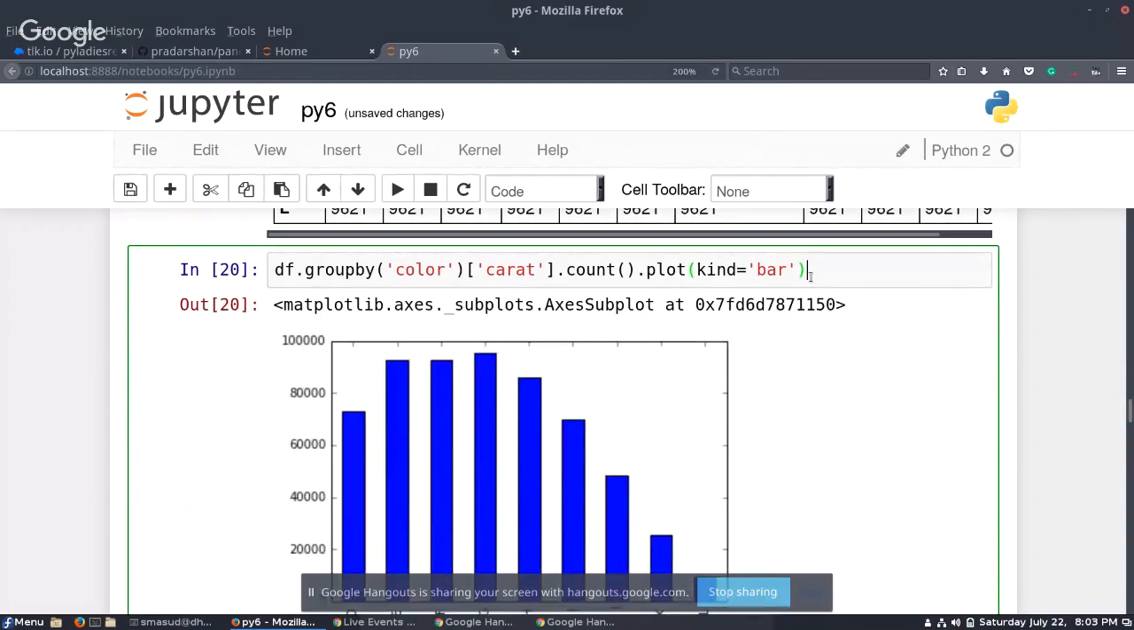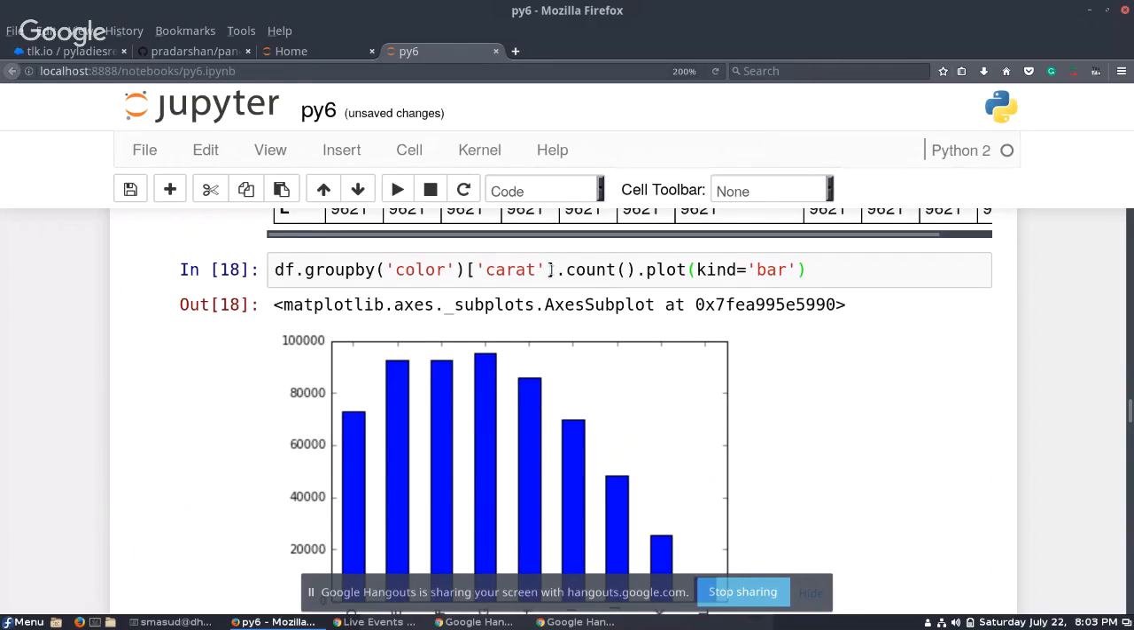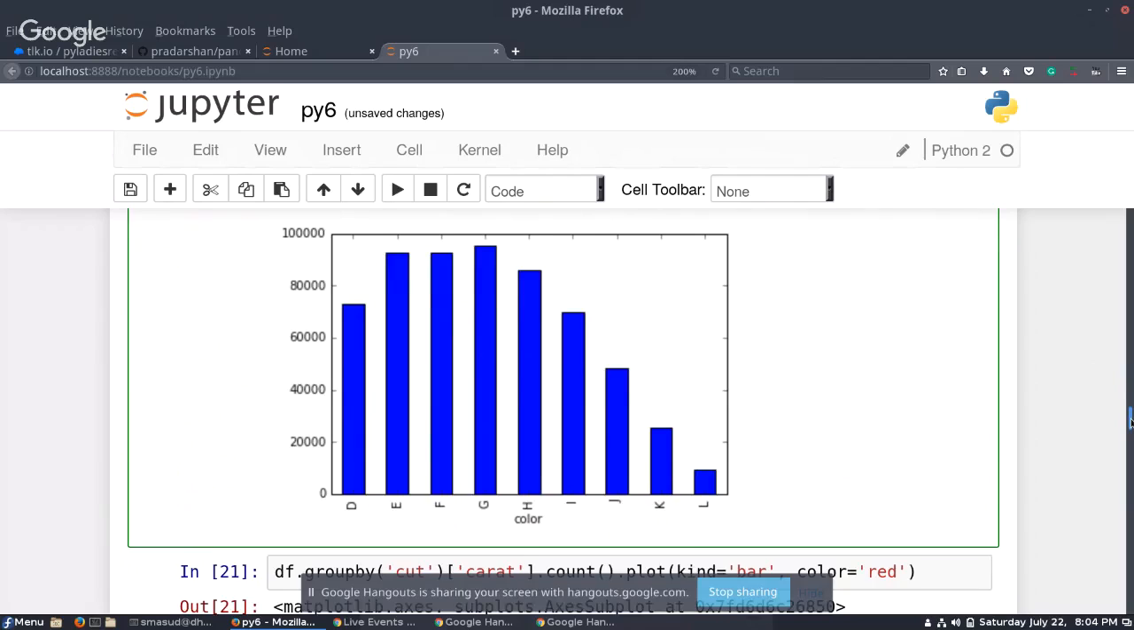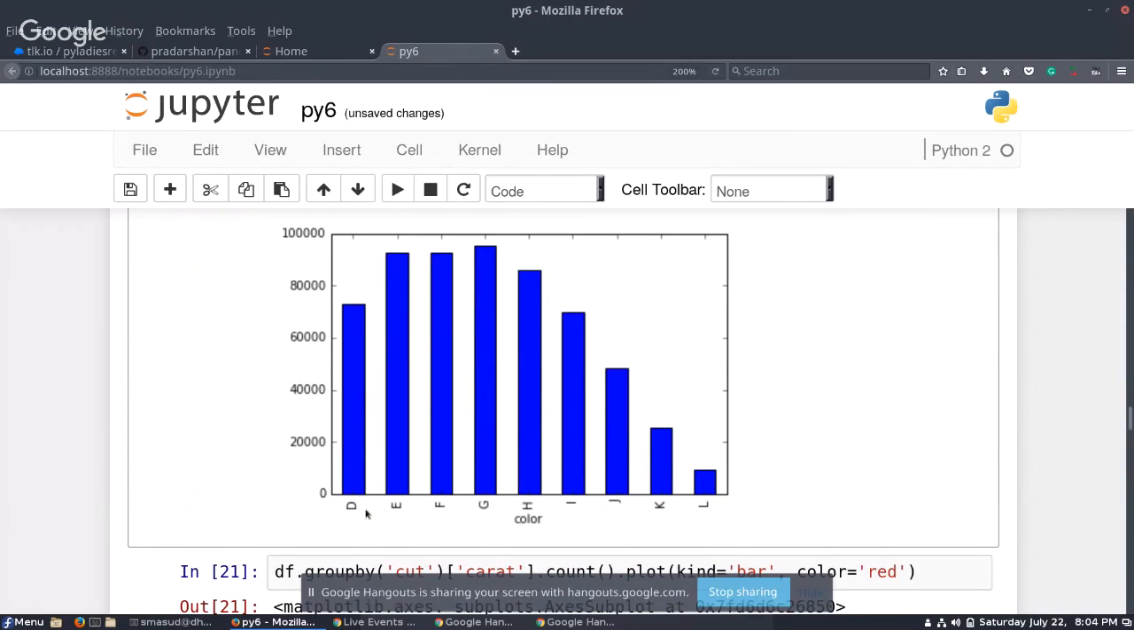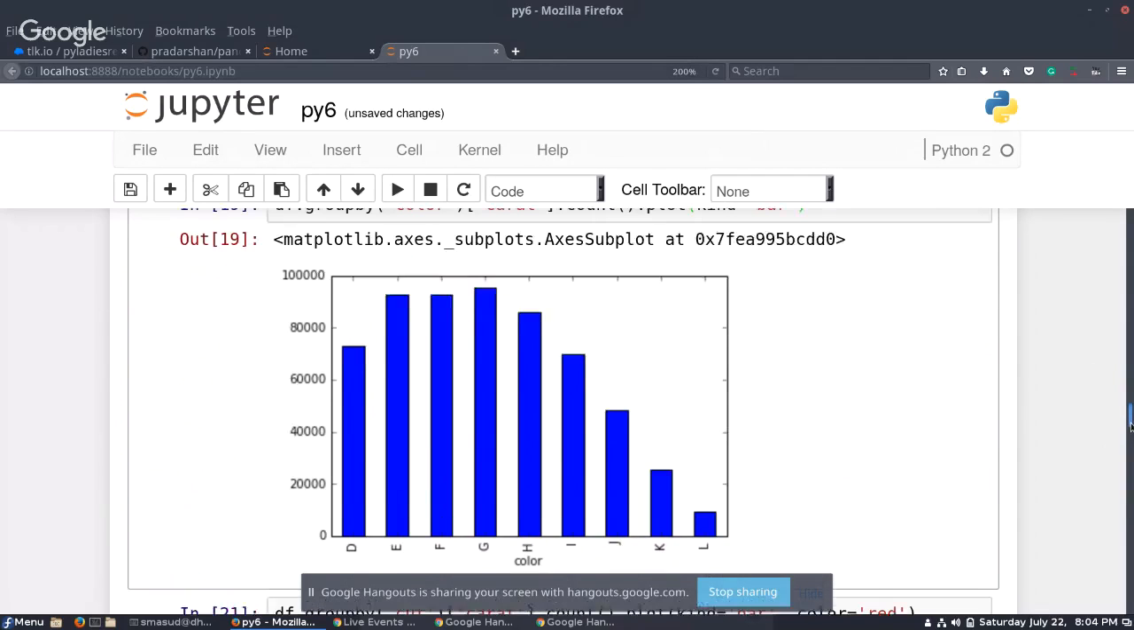Now, let us visually see how the various color values map when I do the mapping on the basis of the carat column only. Here in this function, once I have obtained my result, df group by color carat count, I ask that information to be sent to my plotting function and tell it that the plot has to be a bar plot. And when I do that, this is the plot that I obtain, where it automatically labels the bar on the basis of the unique color value and tells me how many values for each of these colors are present in my data set